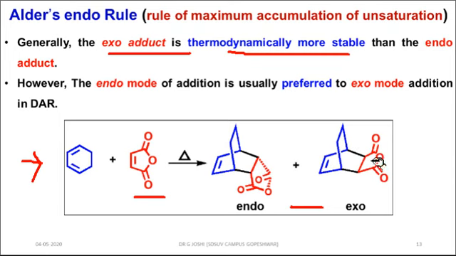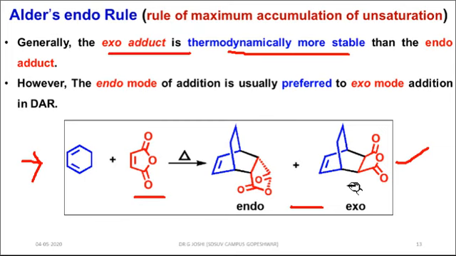This exo approach, because of less steric hindrance, should be more stable, and it is more stable. That's why it is known as the thermodynamic product. Hence, this exo isomer should form in major